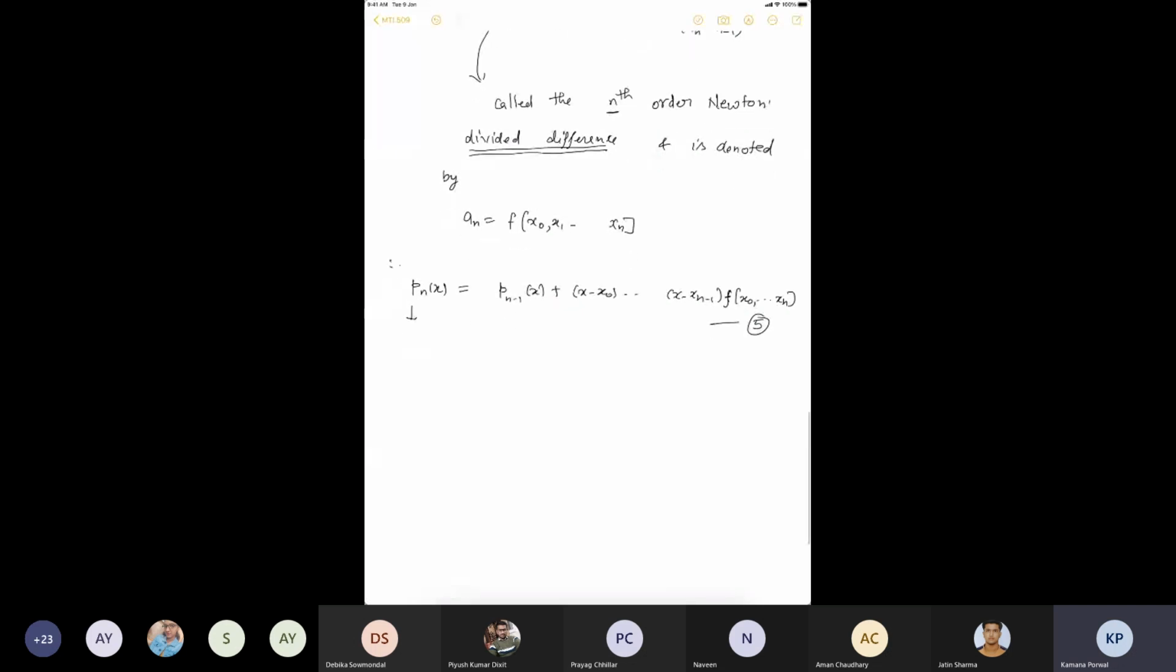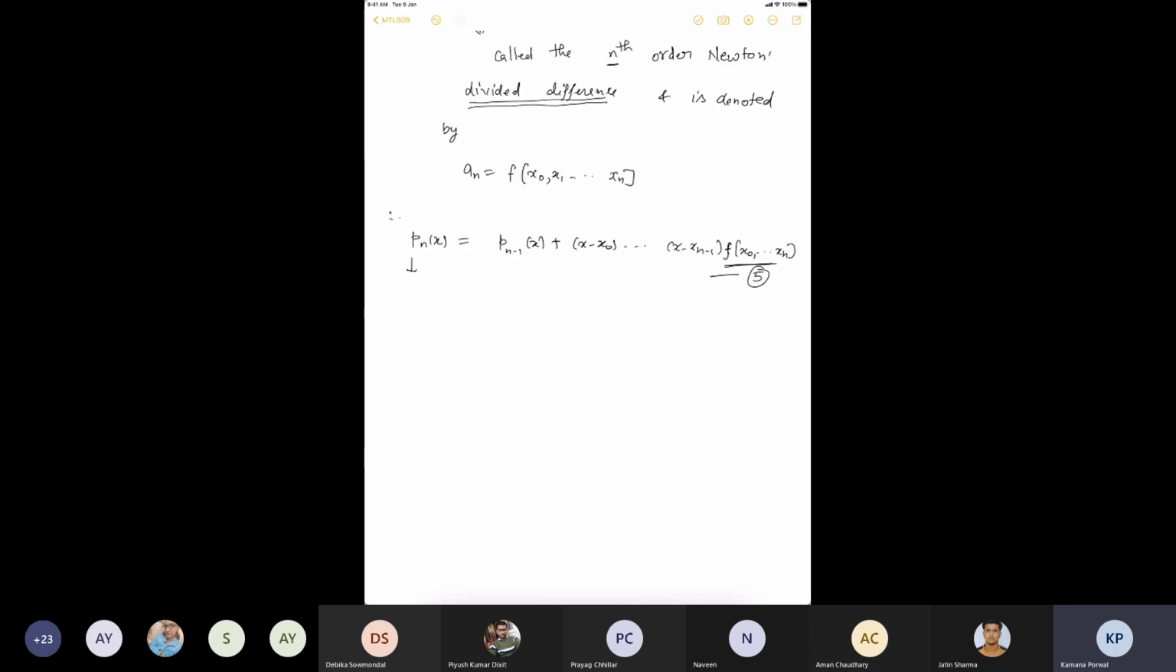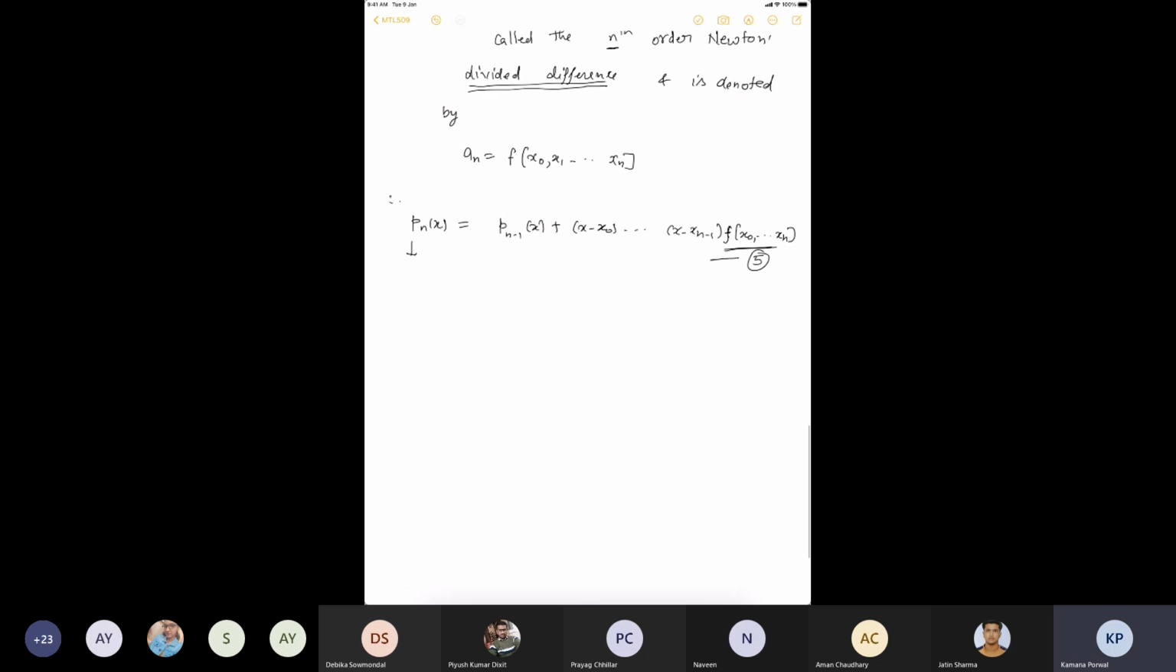So we are just aiming to get more insight about this term, what this term exactly is, and what properties this nth order divided difference has. So for that, I'm going to compare it with the Lagrange form of the interpolating polynomial. So what do we have? The Lagrange form of the interpolating polynomial is given by